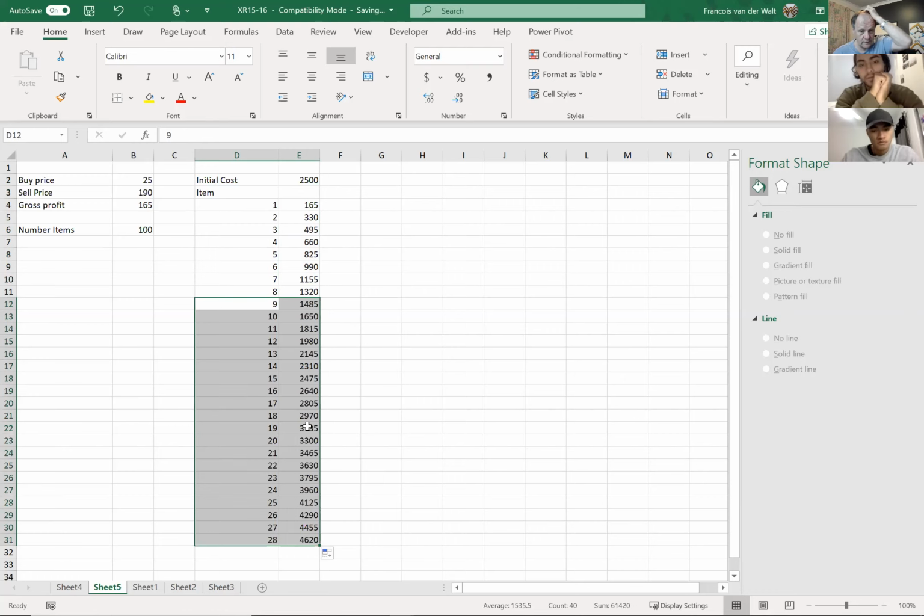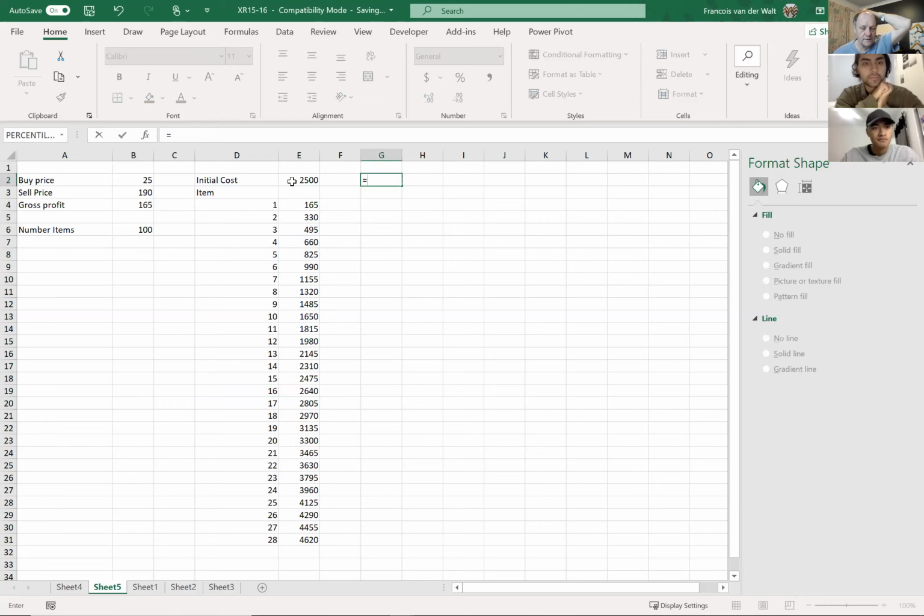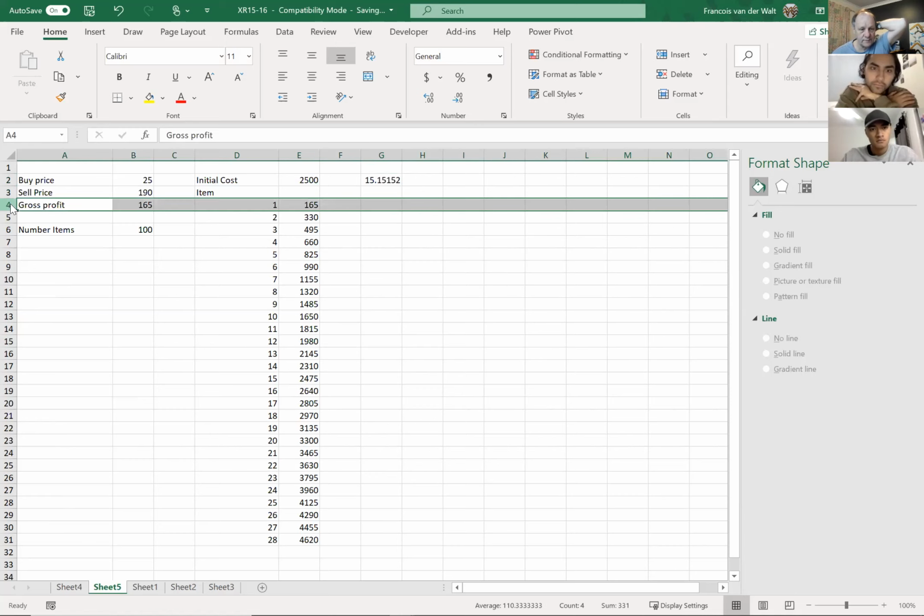Okay, so now I can get my capital back, say here. Oh, like that. Yeah. So I need to sell 16 and then I'll get my money back. Fair. Okay. But I could also have done the calculation, and that is this divided by this, which should also be 15.15. So after I sold 15 of them,